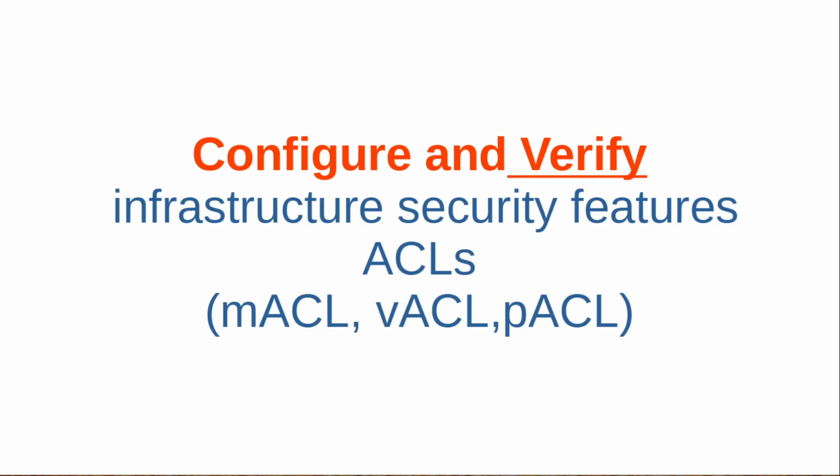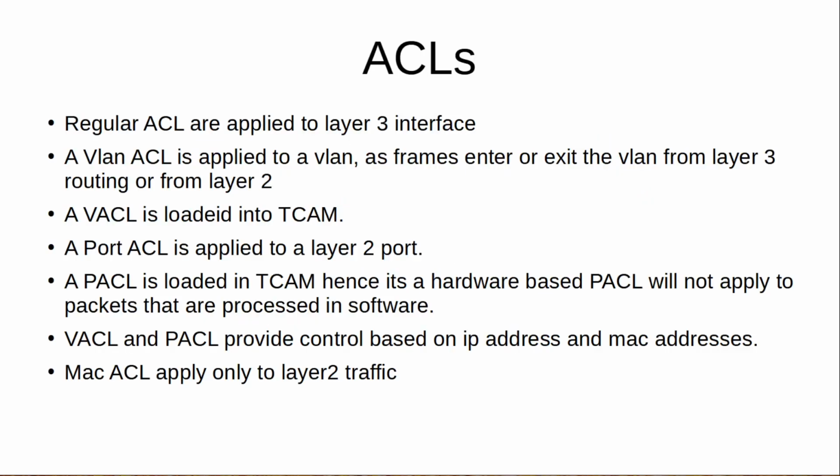Configure and verify infrastructure security features like ACLs. The whole point of this chapter is explaining to you that, as opposed to routers, which only have access control lists, multi-layer switches have several kinds of access list, like MAC address access list, port access control list, and VLAN access control list. And this is due to the fact that multi-layer switches deal with layer 2